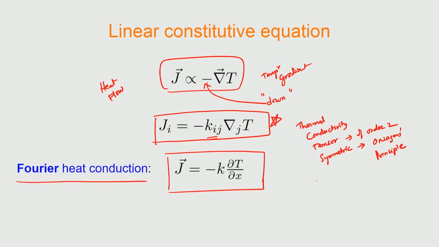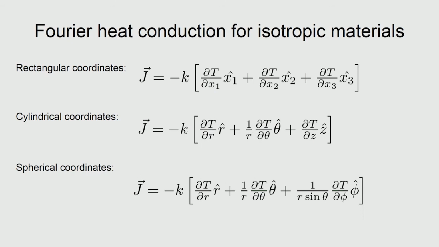So, we will look at problems where k is actually a tensor of order 2 with 9 components reducing to 6 because of symmetry, and for different crystal symmetries how different values of k are required. We will take that discussion separately and see how we can write this expression for isotropic materials. So, for isotropic materials k is just one number, and in the rectangular coordinate system you could write the heat flux related to the thermal conductivity in this manner, where we have written the